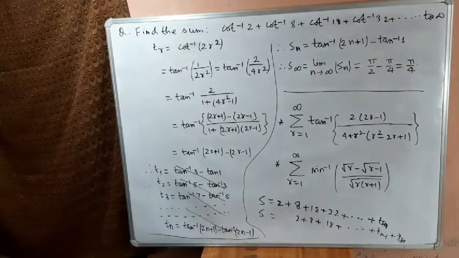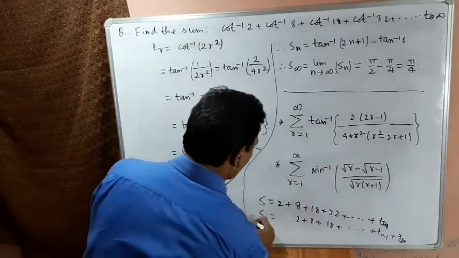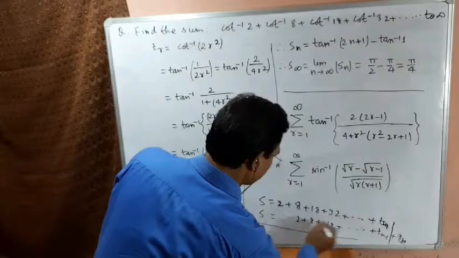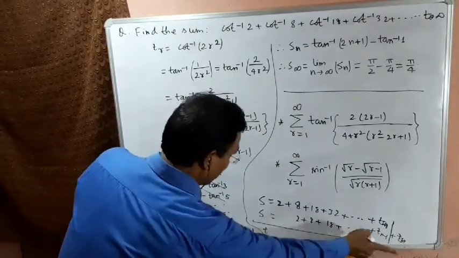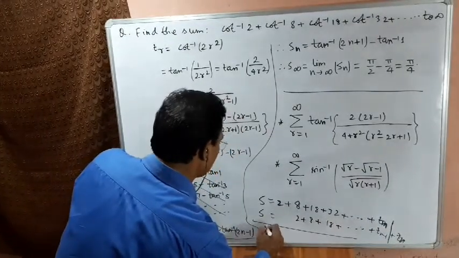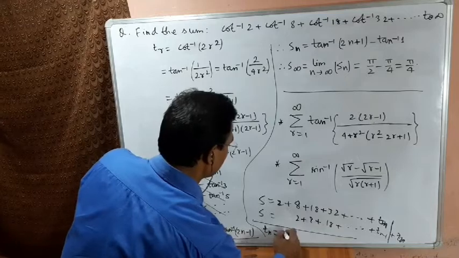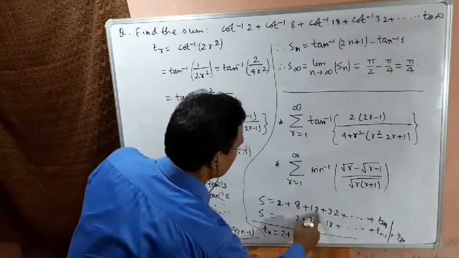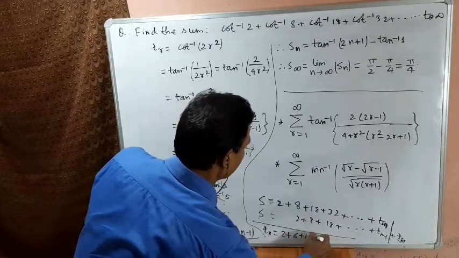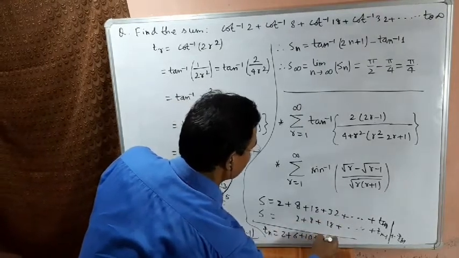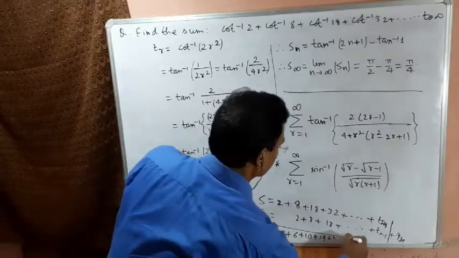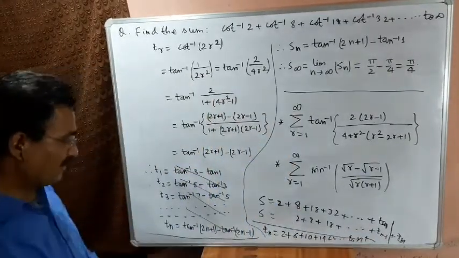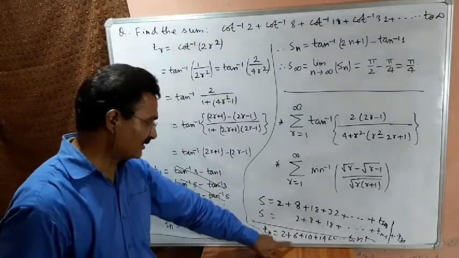Do you remember? On subtraction, this will be minus Tn, and up to this place there will be n terms. So minus Tn, after coming to the left side, becomes plus Tn. So this will be 2 plus (8 minus 2, 6) plus (18 minus 8, 10) plus (32 minus 18, 14), and so on up to n terms. And we find the sum to n terms of this series.